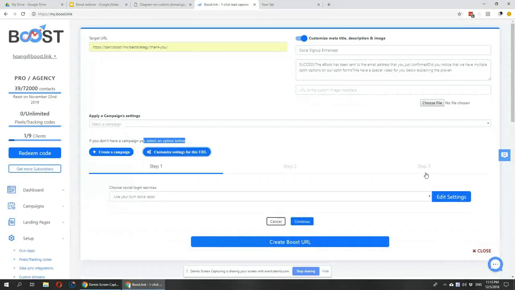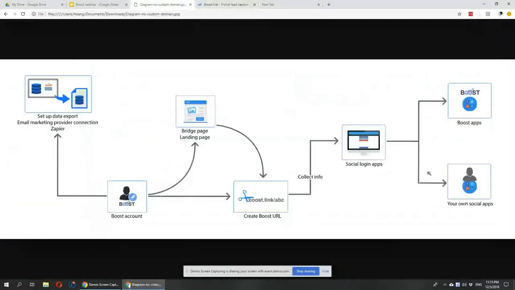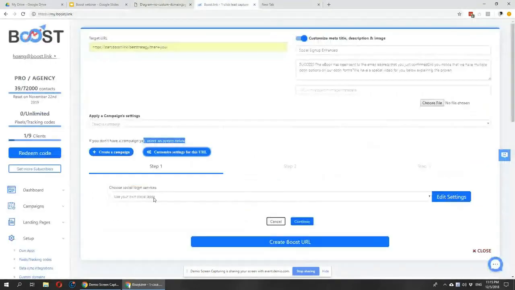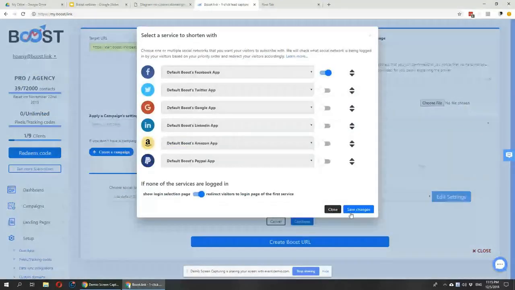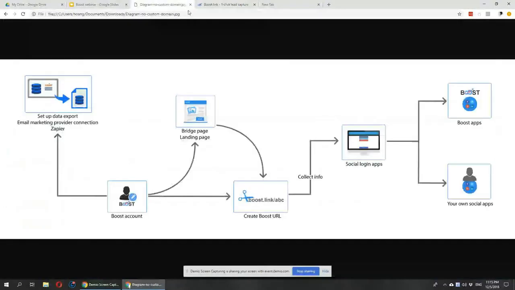Okay, so the next step is I will select what social app I'm gonna use for this opt-in URL. So as you can see here in this graphic, when you send people straight to the opt-in URL, they will go to the social login apps, and the social login apps can be Boost social apps or your social apps. So if you are a new user, I suggest that you use Boost social apps and then try a few links to see how it works first